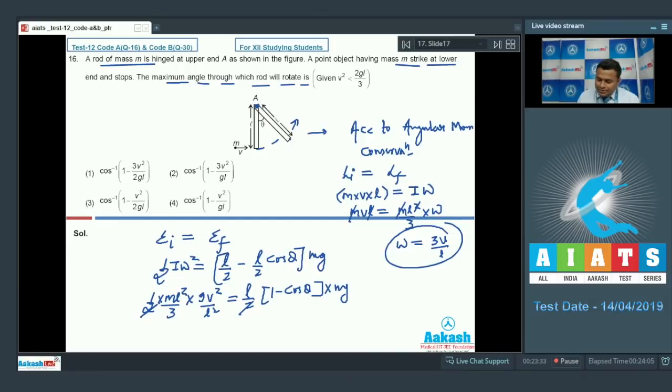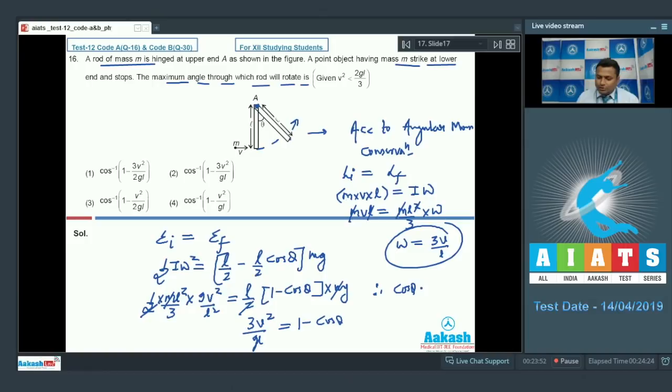Here will also be mg, that is mgl by 2 minus mgl by 2 cos theta. M gets cancelled out, and we get 3v square upon gl equals 1 minus cos theta,